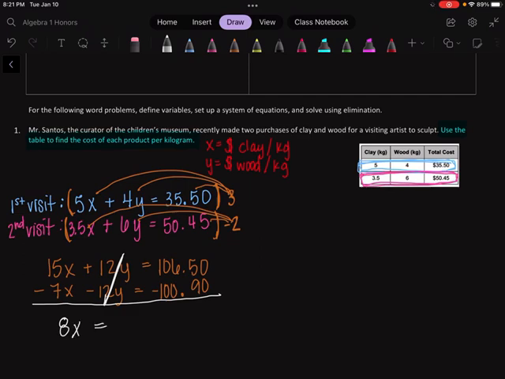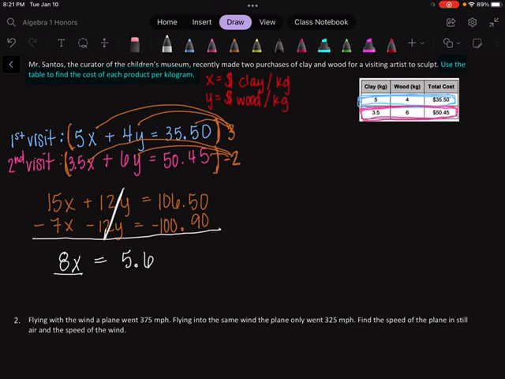8x is equal to, that's going to be 106.50 minus 100.90. And that's 5.6. And if I divide out this 8, it looks like I get x is equal to 0.7. And I'm going to put a 0 there because we're talking about money here. So to the side, I'm going to have clay